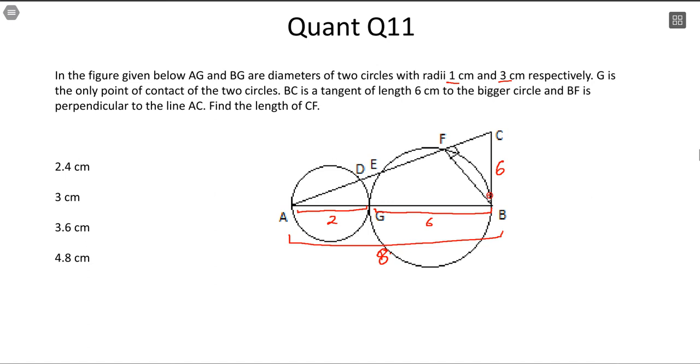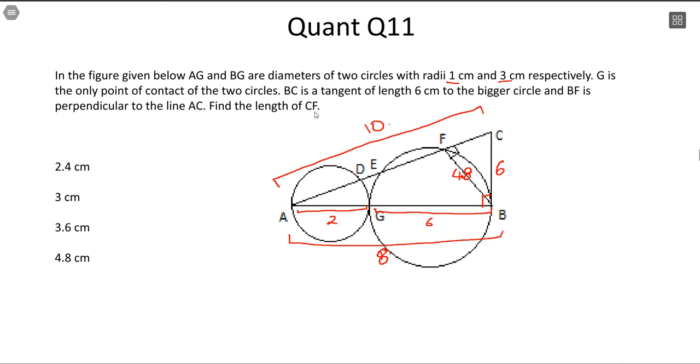Prior to going anywhere, can you see if this is tangent? This will be 90. This is 8. This is 6. Straight away you can see this is 10. 6, 8, 10. Pythagorean triplets have to be on your fingertips. Hopefully you can also quickly figure out the length of BF, because half into 8 into 6 should be equal to half into 10 into BF. So 6 into 8 is 48 by 10. BF will be 4.8.